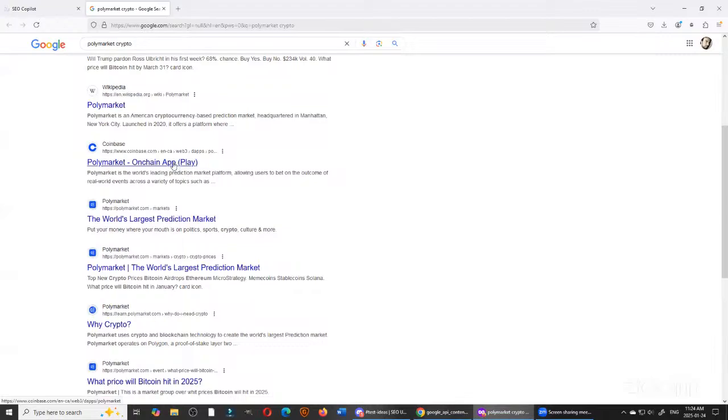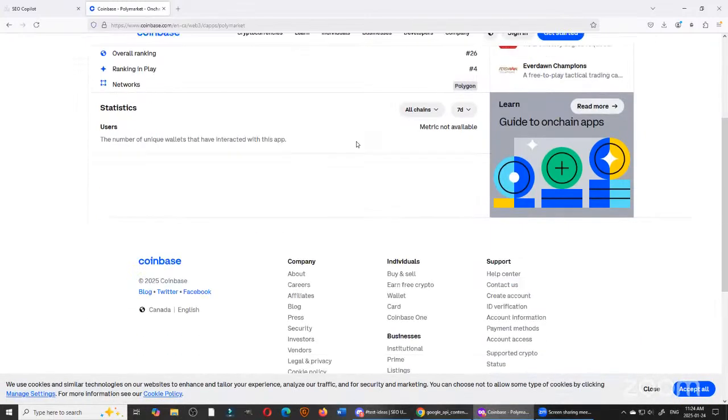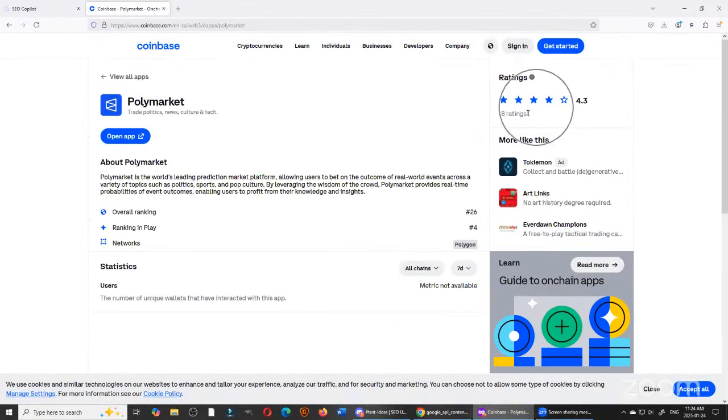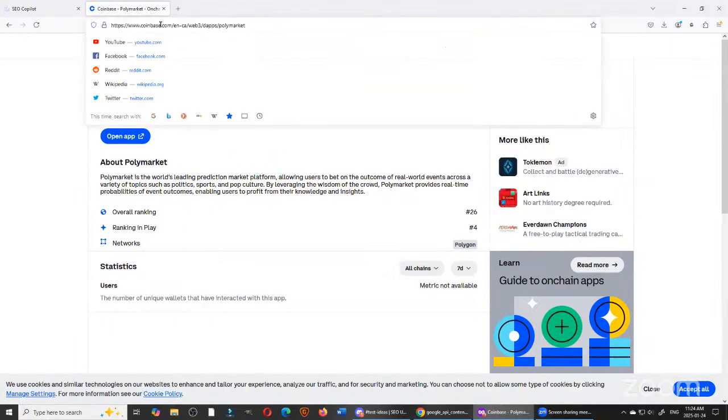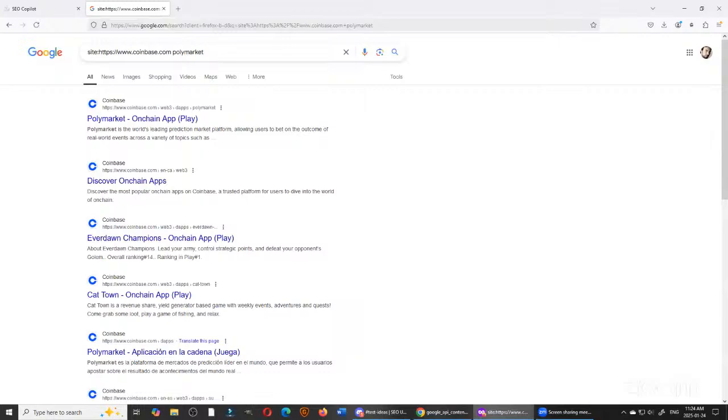Okay, so let's take this Coinbase page here. This is some kind of rating site. Great. You could do what they're kind of doing. You can kind of just eyeball this. And how many pages do I need to compete with for this? Well, given that Polymarket is a crypto thing, we could do this. Let's take this and let's search their whole site for Polymarket. How many pages on Polymarket do they have? Well, it looks like